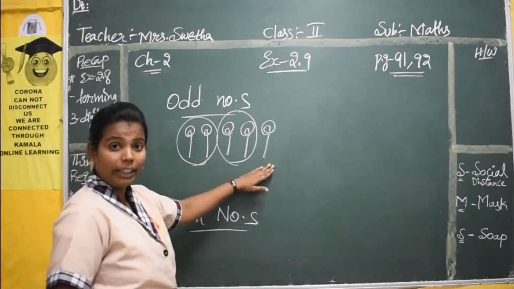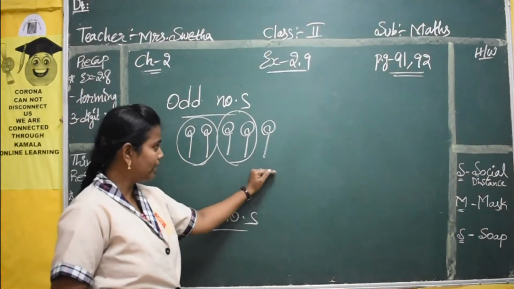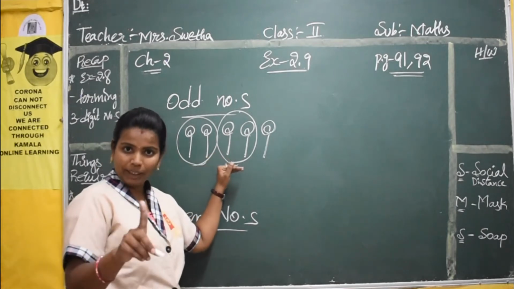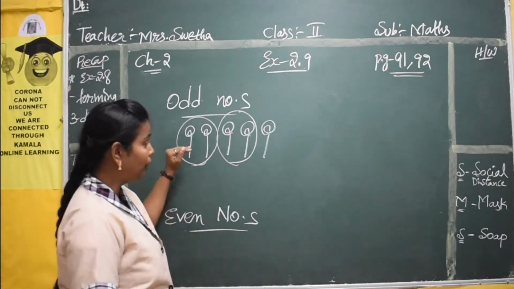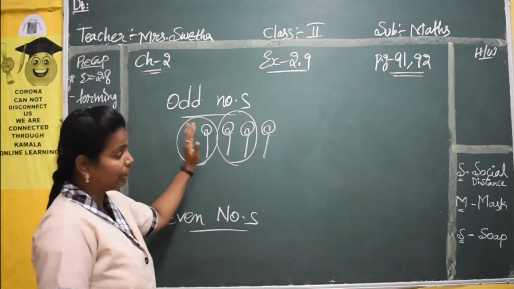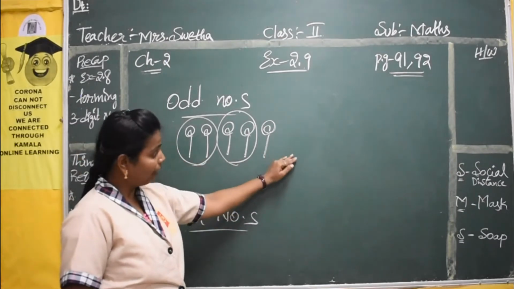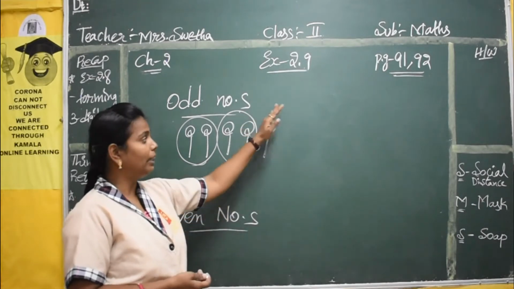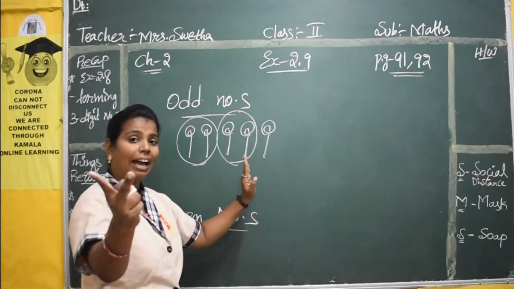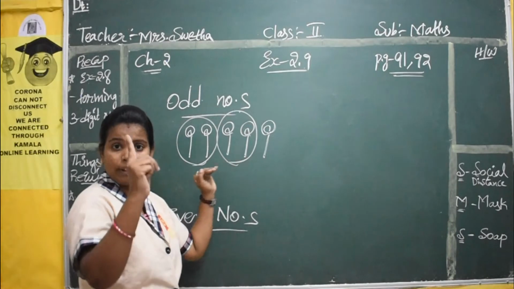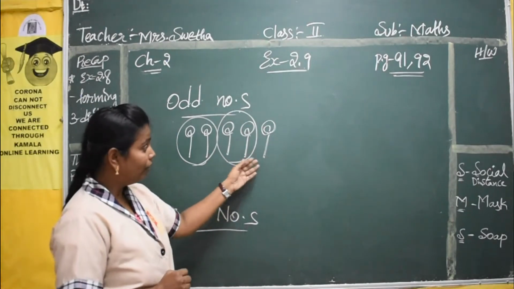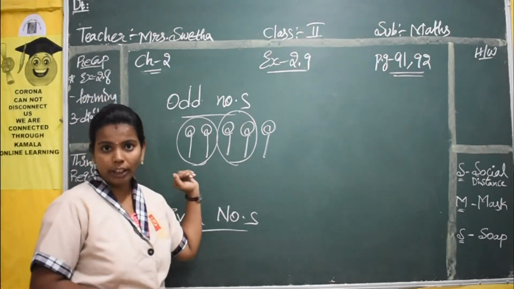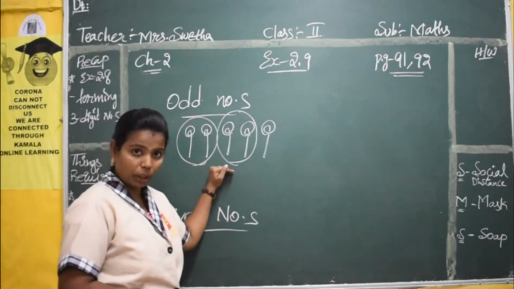So is anything left here? See, 1 is left. So 2 lollipops one side you have made, the other 2 lollipops you have made on one side. We made 1 pair, the second pair, 2 pairs we have made, and to make 1 more pair, a pair should have 2. But see here you have only 1. So whenever you are left with 1, that becomes your odd number. Okay, so here I explained through the picture.